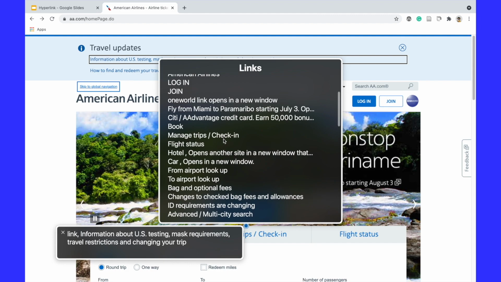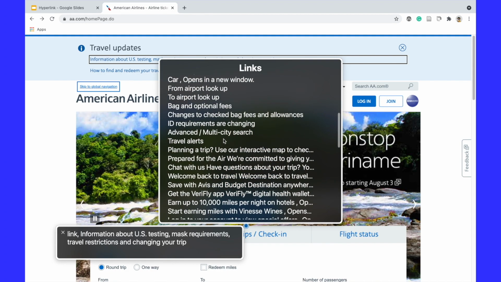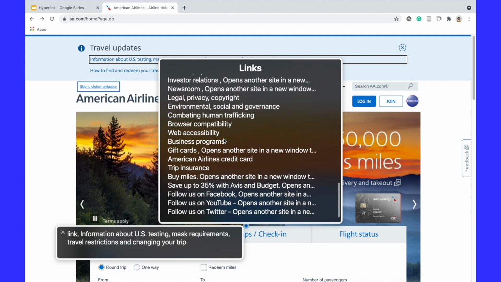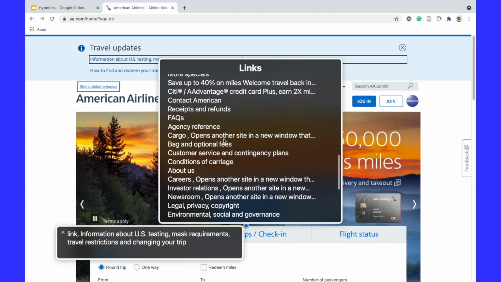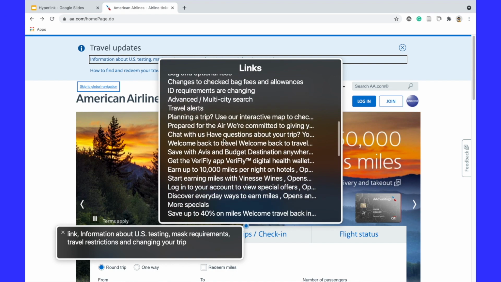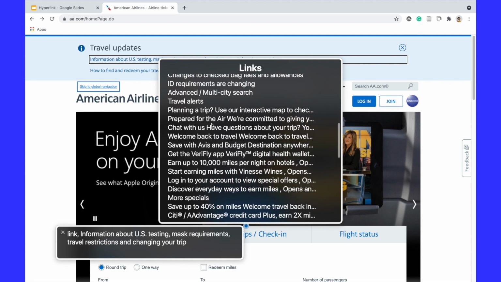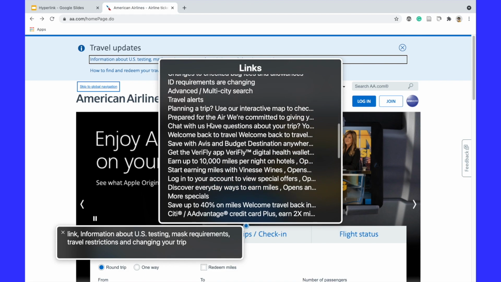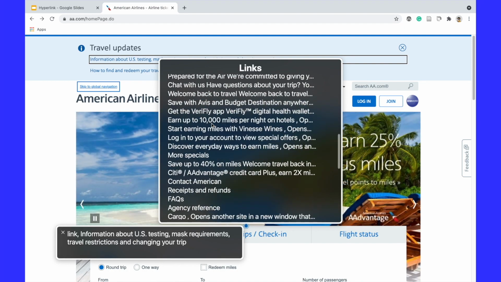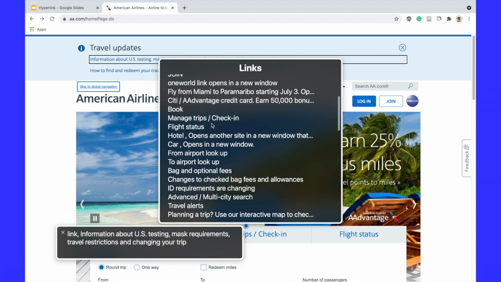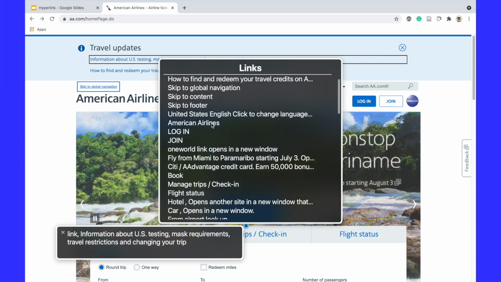And as we scroll down here, we can see that every link, I believe, will be described because U.S. airlines have to meet a very high standard for their web accessibility. You can see that they are all described, which is great. Again, with the description, you want to make sure that you are conveying the information as short as possible and being concise. But this is how it should be for your website or your document, having described links and really being clear about where the link is taking the person and why it's important.